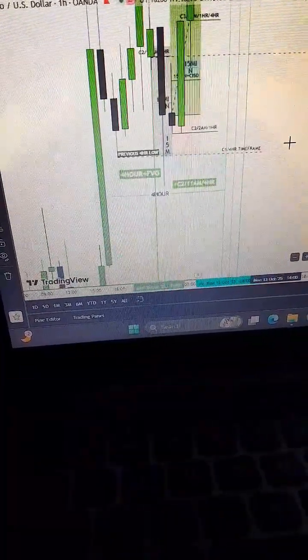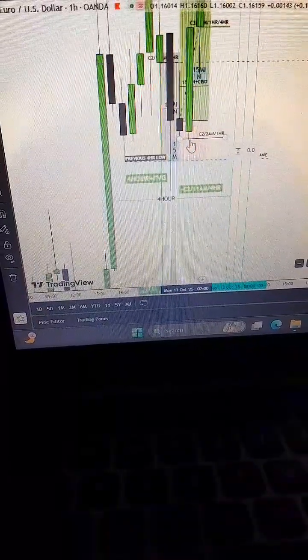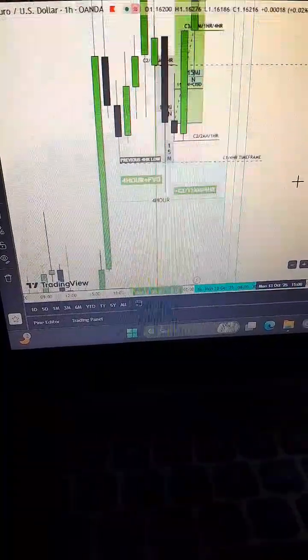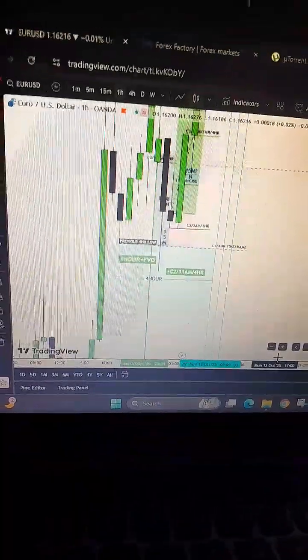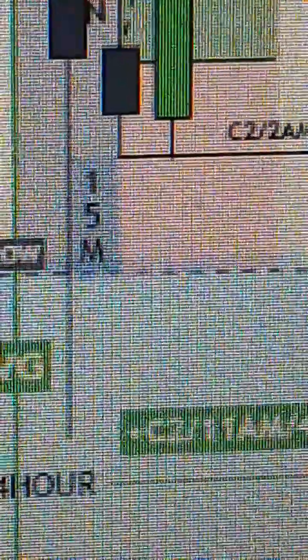And why is that? Because price over here at 2 a.m. opened here, and then it swept 1 a.m.'s low. You can barely see it, but it swept it, literally barely. Not sure if you can see that, but yeah. So it swept the previous candle's low,